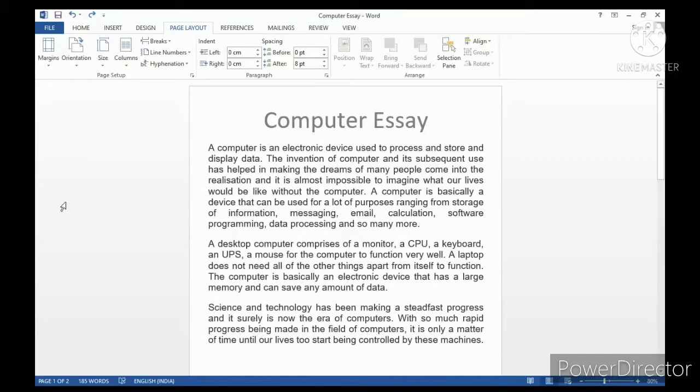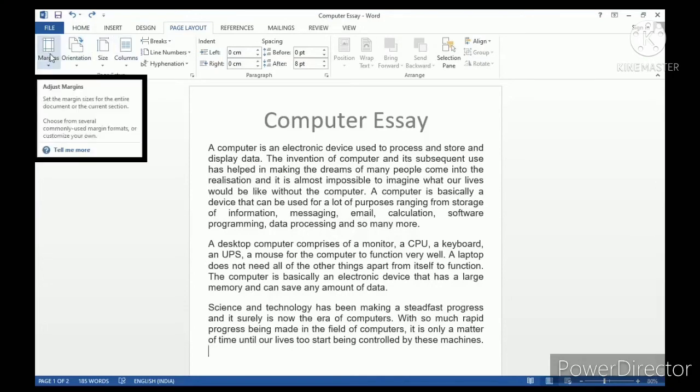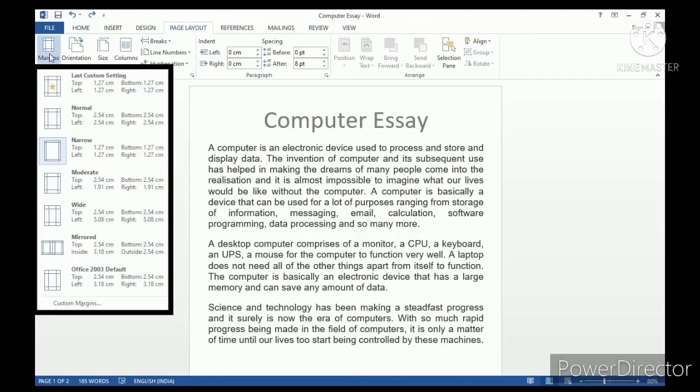You can see in a document कि चारों साइड से कुछ space leave है. So इसको हम क्या बोलते हैं? Margin. Or you can set it according to your requirement also. You can see right now I am on page layout tab. You can see in this setup group, page margin is there. You have to click it. When you click on it, this drop down list of options will appear. The normal option is selected by default. You can select any predefined margin of your choice.